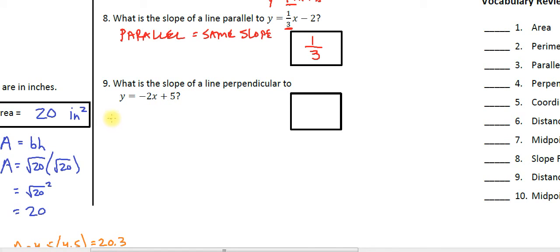We've learned, class, that perpendicular, and I'm going to use the symbol, perpendicular means slopes are opposite reciprocals. Opposite reciprocals. So let's take a look at this equation. We know the slope is where the letter m is in our equation, so the slope is right here. So the slope of our existing line is negative 2. That means we want to rewrite that. Let's rewrite that as a fraction. As a fraction, the slope is equal to negative